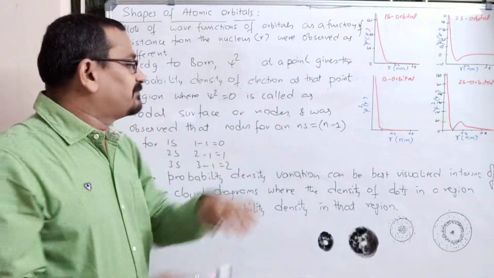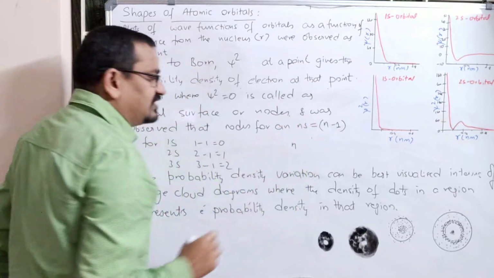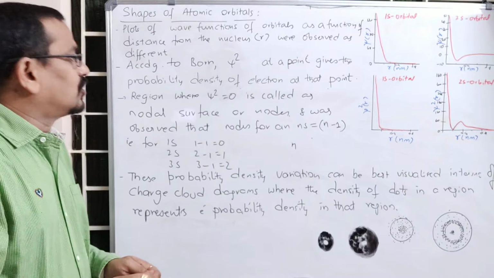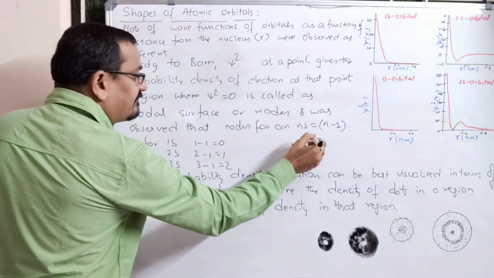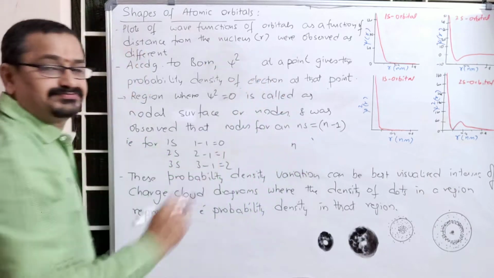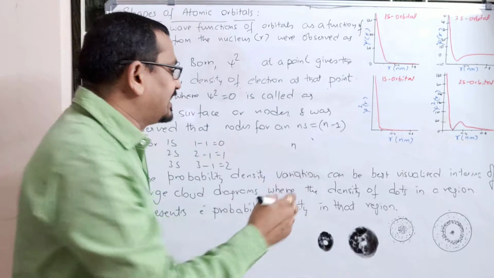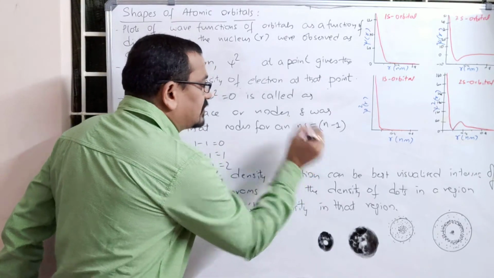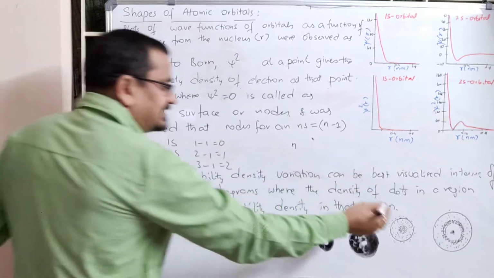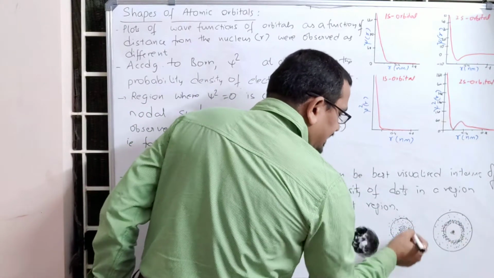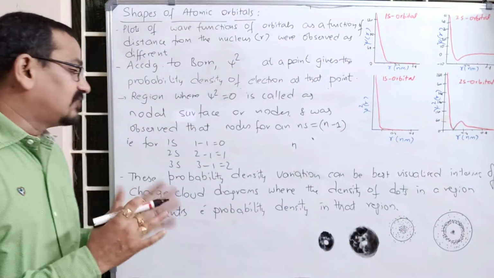Psi square at a point, suppose this is the nucleus. Around the nucleus, suppose we are noticing the psi square of an electron. Then psi square at a point gives the probability of finding the electron at that point. The psi square value of an electron at a given point indicates the probability of finding the electron at that given point. Like this, when electron probabilities were plotted around the nucleus,